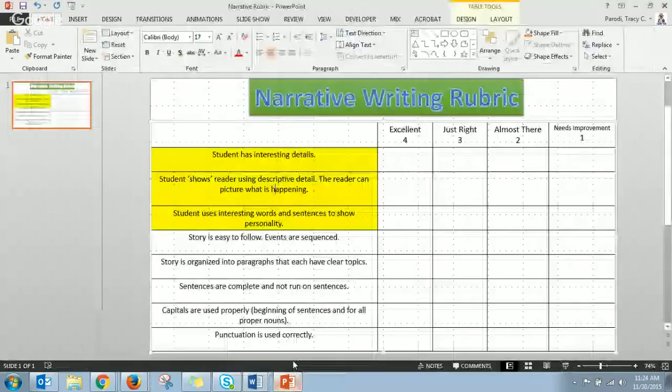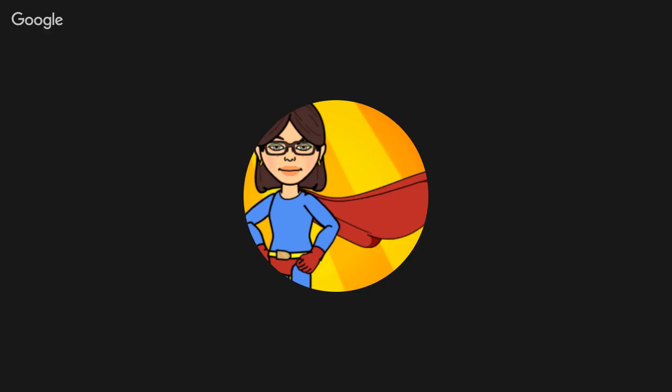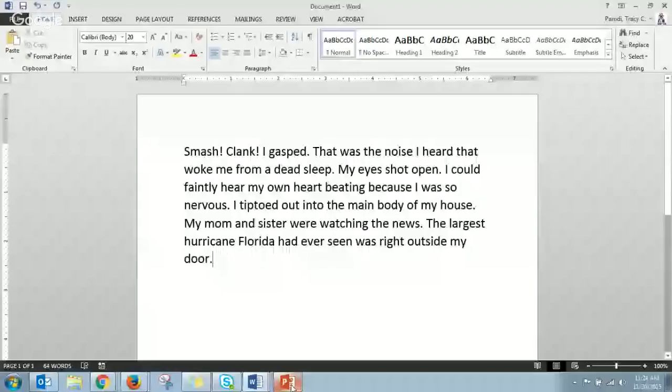That's a 4 there. Student uses interesting words and sentences to show personality. So I'd say the use of onomatopoeia is a good example of that. Some of the attention grabbers that have been added to the story, like questions or commentary. You describe what's happening and then you give your comments on that.